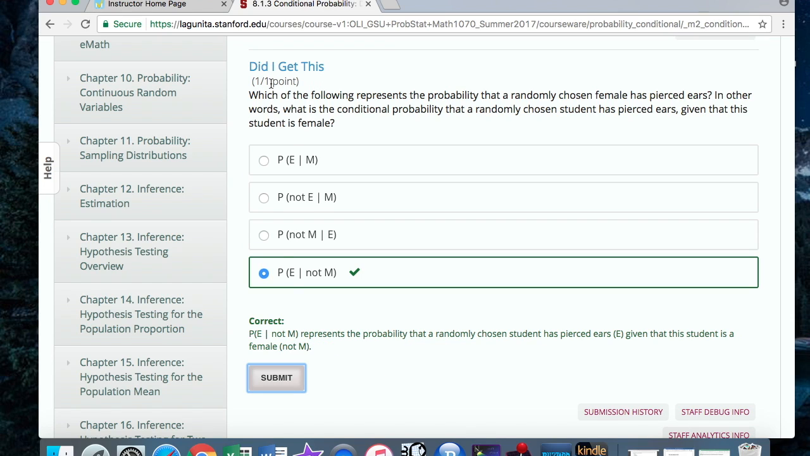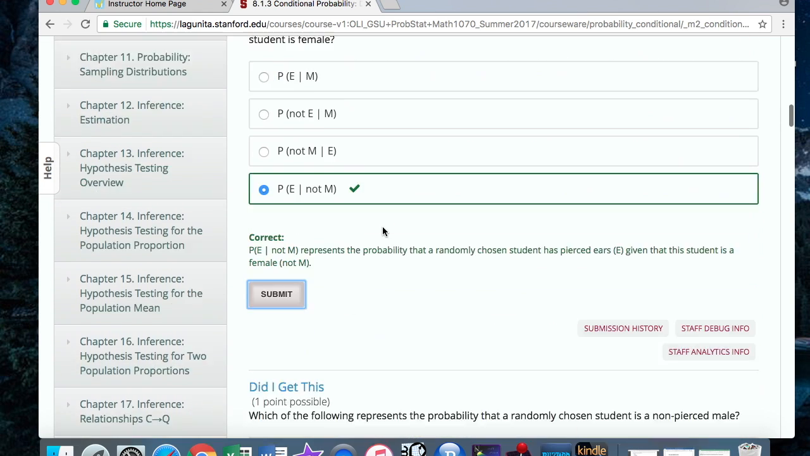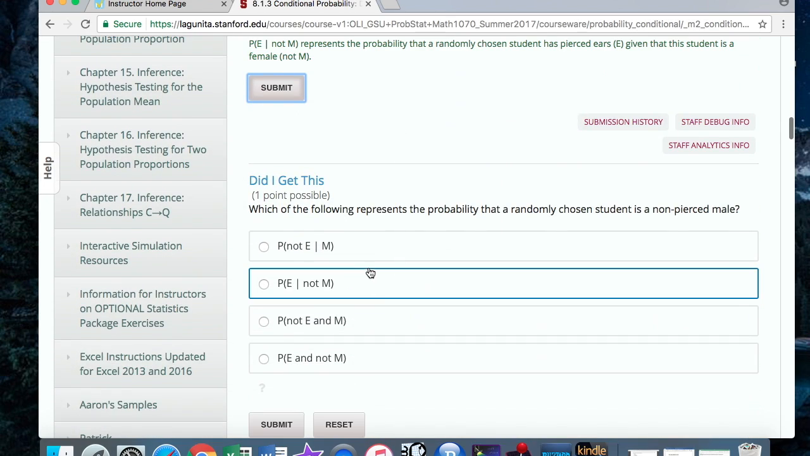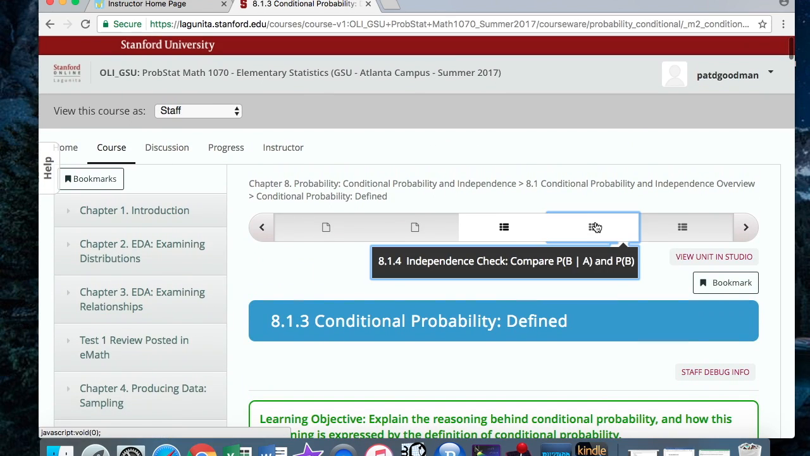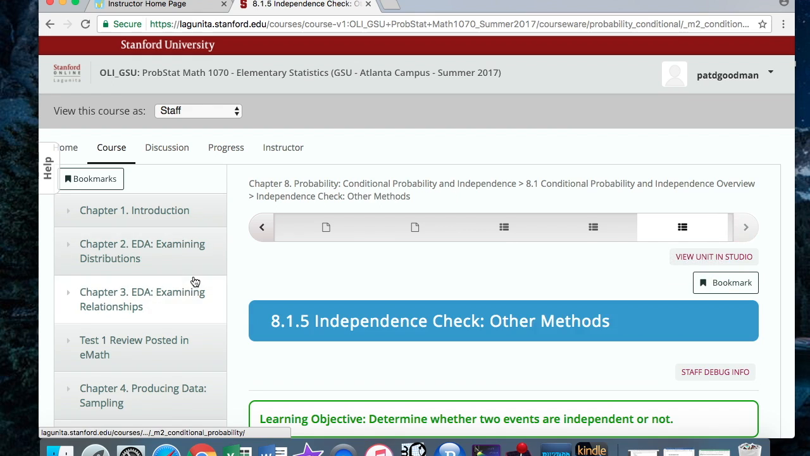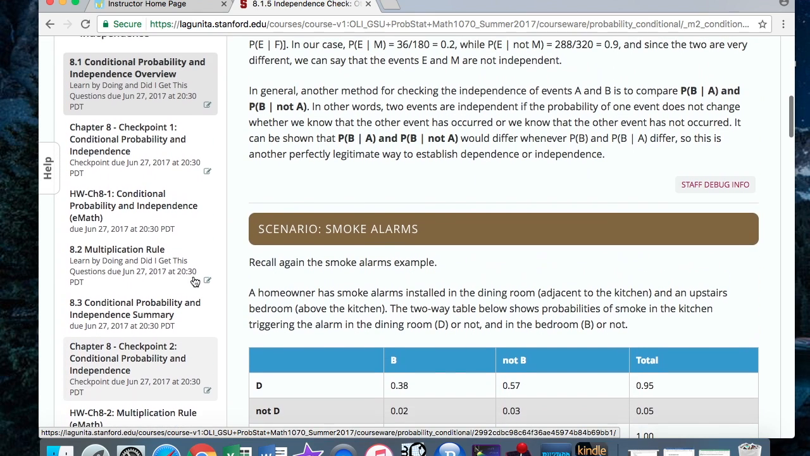But now if I do E given not M, so the actual correct answer, look, it says I got 1 out of 1 points. So make sure that when you're going through this, answer to the best of your ability at first. If you get it incorrect, read through the question again and try to get it right. Maybe read this little thing is good too. So that's how you do all of these, right? So you go through all these guys, make sure you answer all the questions, go through all of these, and then at a certain point you will get to